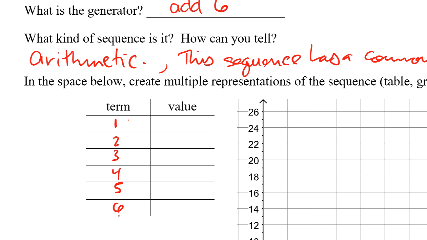We do often need to consider what the 0th term was, the term before the sequence began, if we're trying to write the explicit equation. But we always start with 1. And then the values that were given to us were 5, 11, and 17. And then from there we continued to add 6 each time, so we got 23, 29, and 35. And this table